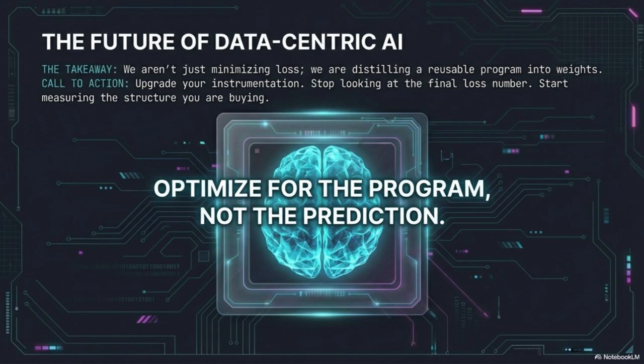So if you're involved in any big data pipeline, the call to action is to upgrade your instrumentation. Start looking beyond just that final loss number. Plot your loss, sure, but then use a proxy like the area under the curve to start estimating the epiplexity you're building. And here's the final thought to mull over. Take the same raw content and just compare different data orderings. Or compare your natural data to the stuff coming out of your synthetic pipelines. What changes in the learning process itself? How quickly or how painfully does the loss drop when you shift the organization of the data? That's the signal you need to capture to really understand what your model is learning.